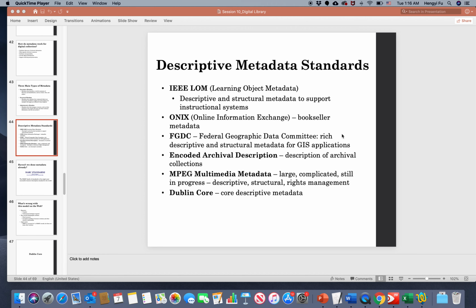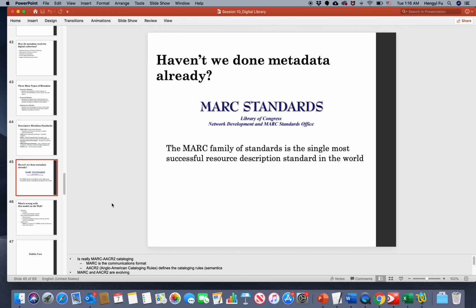This slide lists some descriptive metadata standards. You don't need to be familiar with most of them, except the last one, Dublin Core, which is the core descriptive metadata most digital libraries are using today. You may wonder, haven't we done metadata already? So why do we need to develop the Dublin Core? The answer is